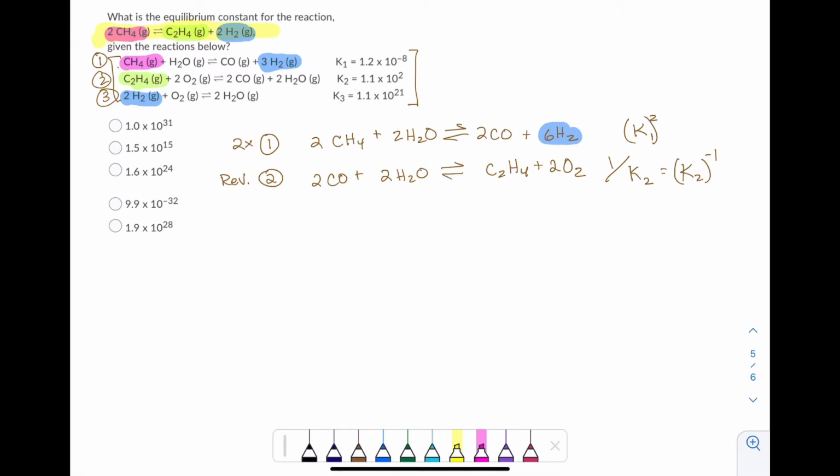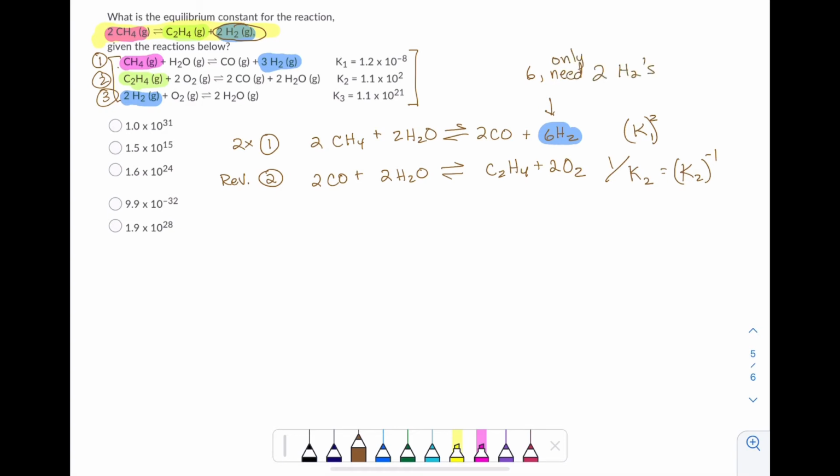That means it's harder to match. Not impossible, but harder. So that H2 is already in reaction number 1, which is written correctly because I matched the CH4, but I've got 6 H2s on the product side. What I'm trying to get is 2 H2s on the product side. I've already got 6, but I only need 2